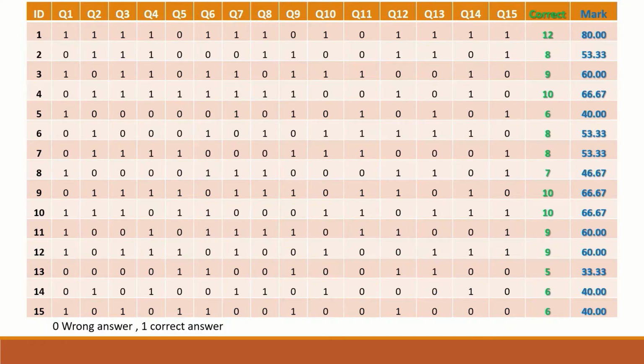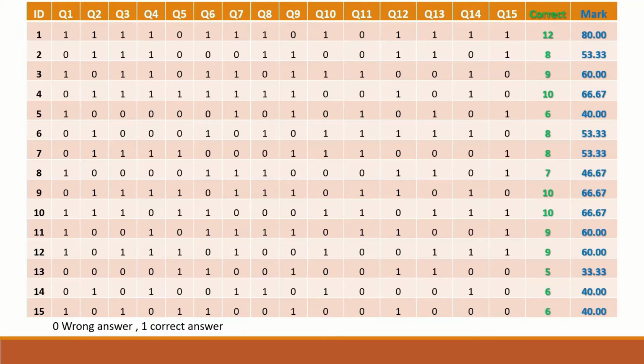To perform the point biserial correlation coefficient statistical test and calculate the coefficient, we first have to calculate the correct answers that each individual student has achieved, and then add all the question scores for each individual student together, divide by the total number of questions, in this case 15, and then multiply by 100 to generate the total mark or total score, or the percentage of the total mark, as it is given here in the blue marked values in the column